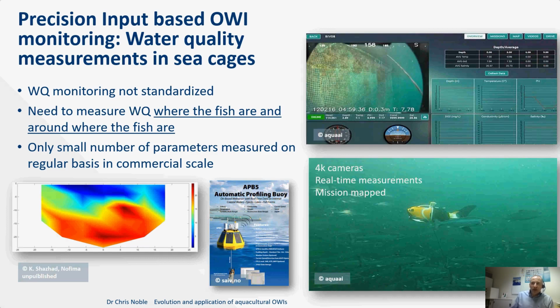Another way, as I said before, is in cages. Water quality monitoring is not standardized. Sometimes only a small number of parameters are measured. So there are steps now for fully mobile monitoring systems to give a full overview of the level 1 and level 2 welfare indicators and the parameters of the rearing system that the fish are subjected to. This can be achieved with mobile arrays like the one here, and also with AUVs, basically robotic fish. Potentially, you get better monitoring and understanding of the environment.